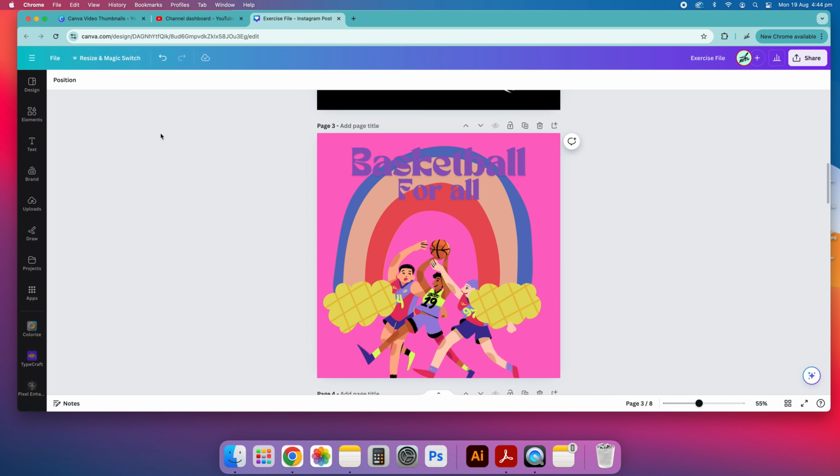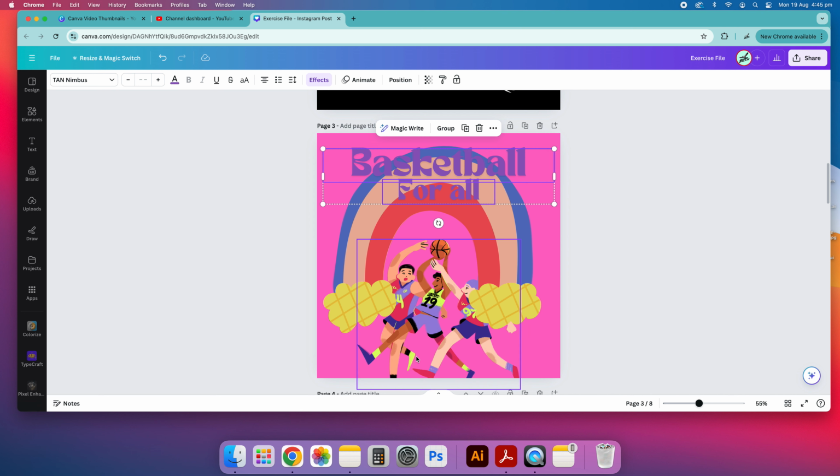So using a color picker in Canva is pretty easy. Say, for example, I've got some text here and it obviously doesn't look legible enough to actually read on the canvas. And I want to maybe use the yellow from the clouds here in this rainbow, for example, to make it a little bit more contrasted, or even maybe the fluoro green in the socks and the jersey here. What you need to do is whatever you're coloring, for example, this is text, so these are both